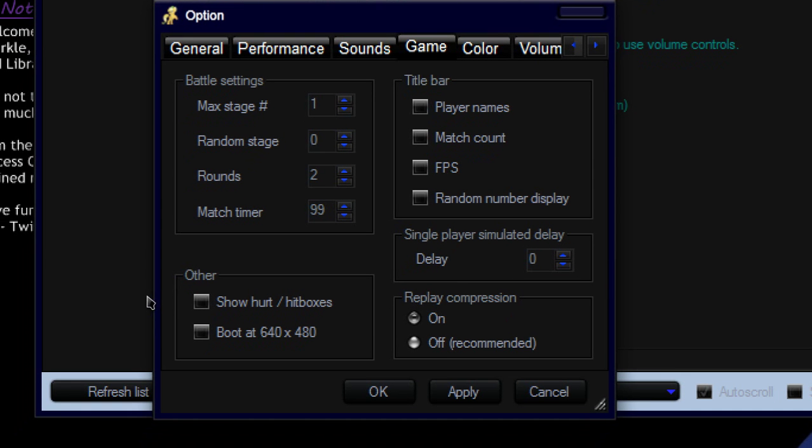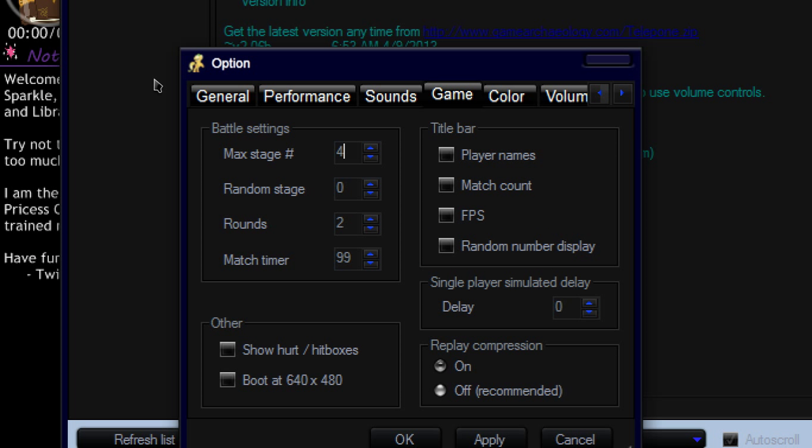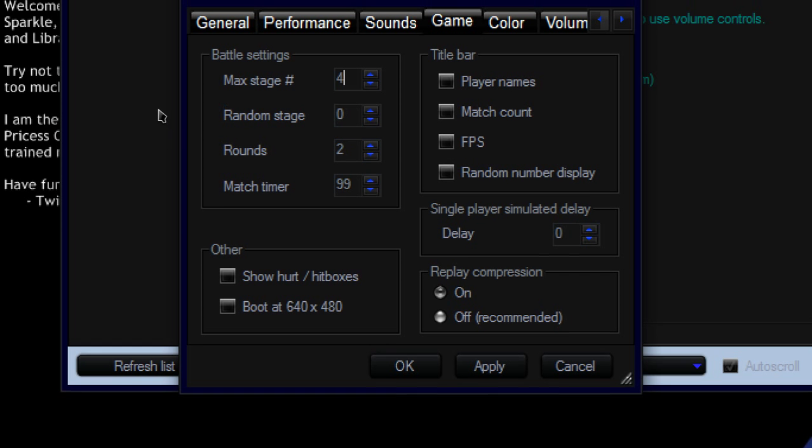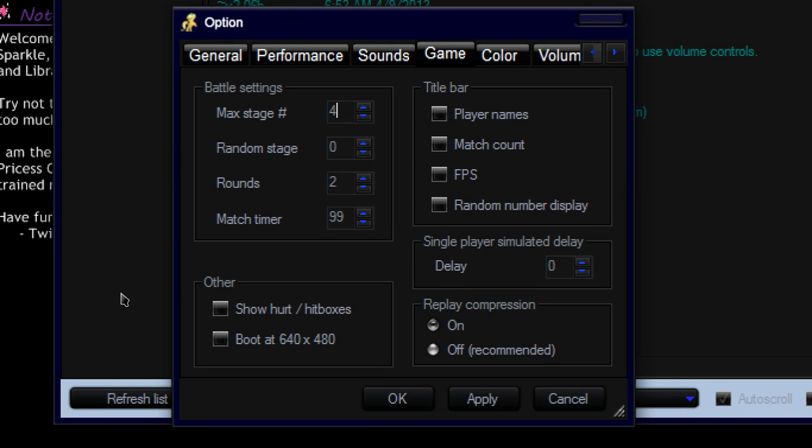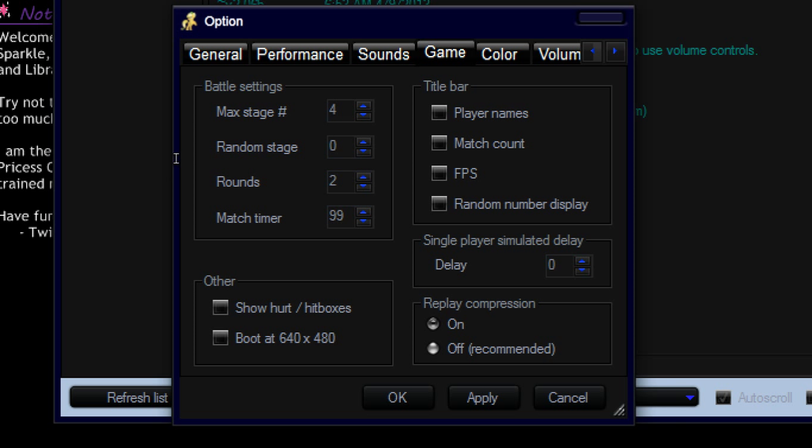Sorry about the delay. Well then, back to this. Max stage. This I recommend you set to 4, because there are only 4 stages in the game. Now, what this does is each stage has its own number, from 1, 2, 3, 4. So I'm not sure which ones come where, but it's a random stage selection. This one, I don't know what this does. It's something you can mess with and find out what it does. I think it's how the random stages are selected or something like that. But whatever you want to do, my friend.